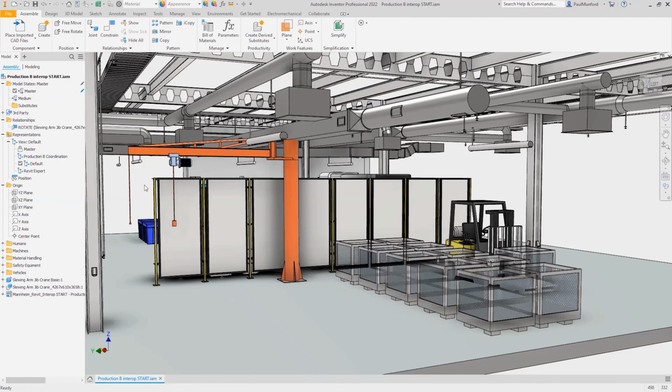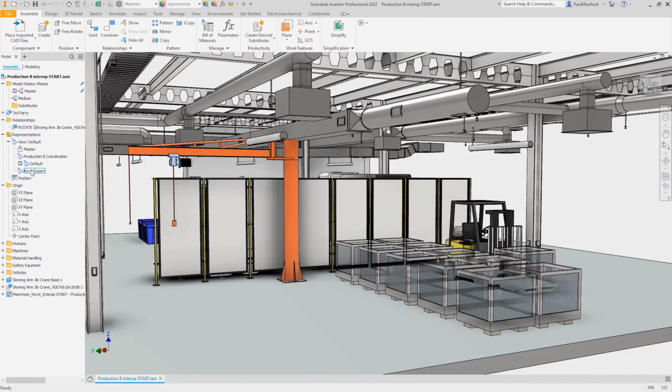So, how could we collaborate on this clash? Well, we could create a couple of screenshots and mark them up, or we could create a drawing of the area with some dimensions on it, or we could open our Inventor model in Navisworks and coordinate that way. But we're going to see how we can export our Inventor model as a Revit project, which can then be coordinated directly inside Revit. Before we export the model, let's switch views again.